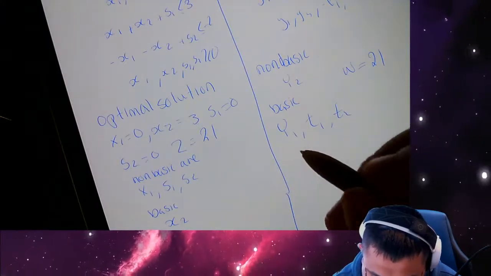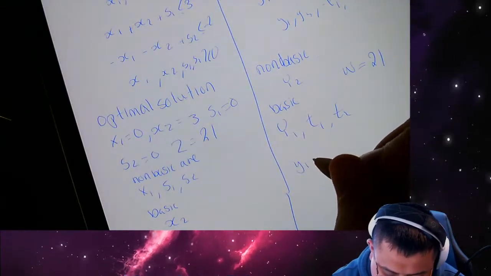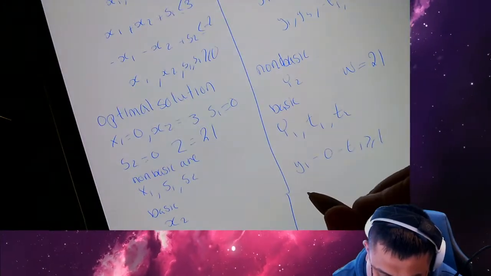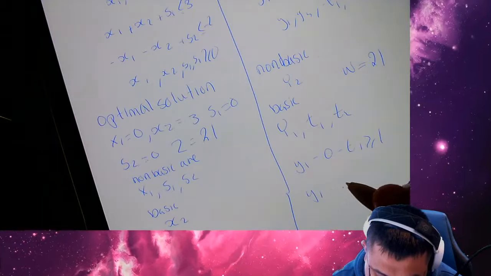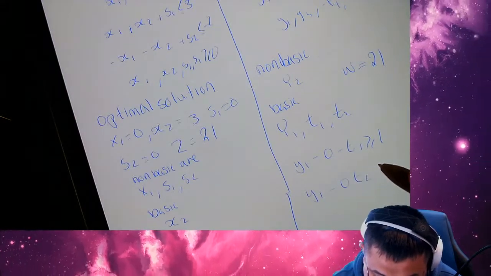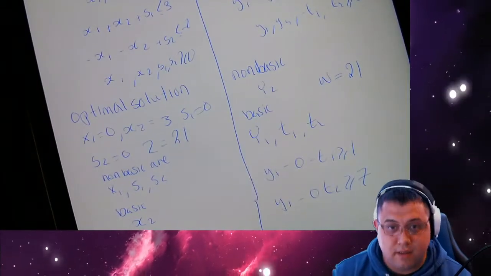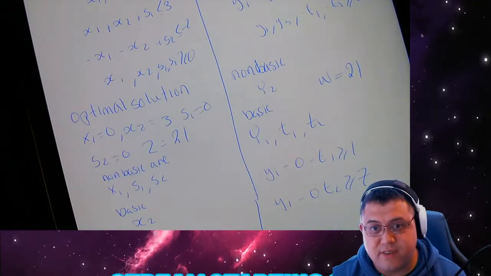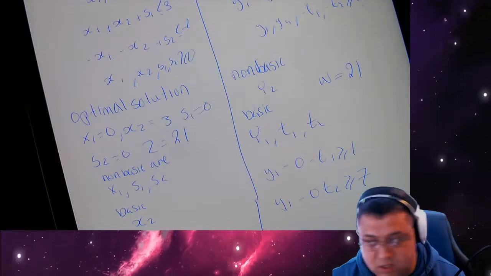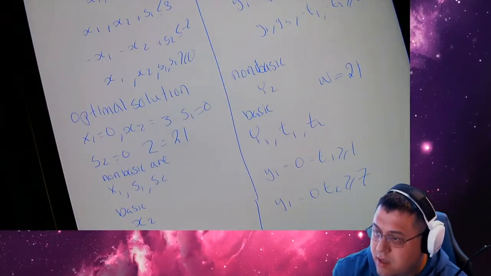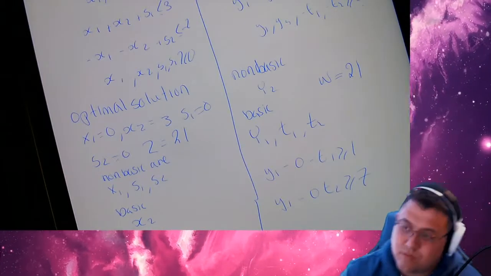We're actually going to say that's 0, so let's just do that right now. Minus 0 minus t1 less than or equal to 1. And then y1 minus 0 again, t2 less than or equal to 7. These are our complementary surplus variables, or complementary slack variables, which are surplus variables. Okay. 27. Similarly, you can go back to this example and then